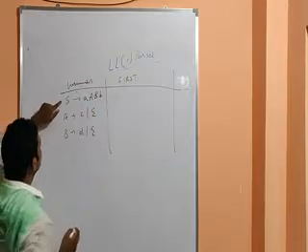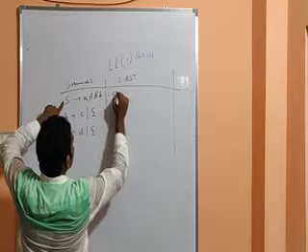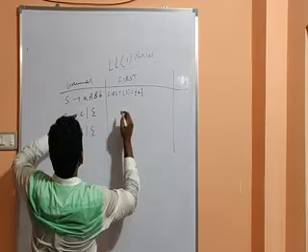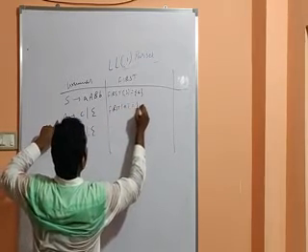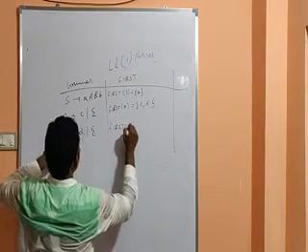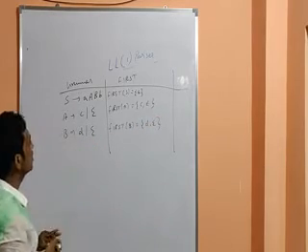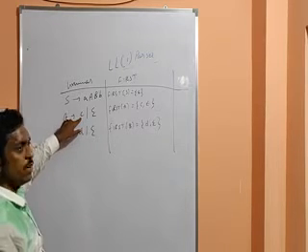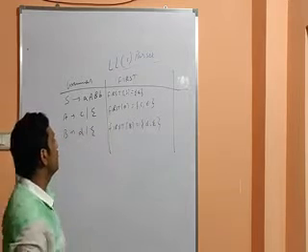So come to the first one. First of S. What is the first of S? Small a. Next, first of A. What is the first of A? C comma epsilon. Next, first of B. What is the first of B? D comma epsilon. I hope everyone understood how we got C comma epsilon: the first of the grammar is C. It is a terminal, so we can write it, no problem. What is the alternate for the A grammar? It is generating epsilon. That is why I got C or epsilon.